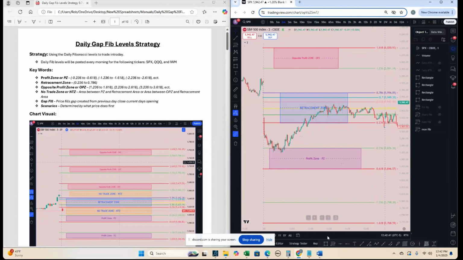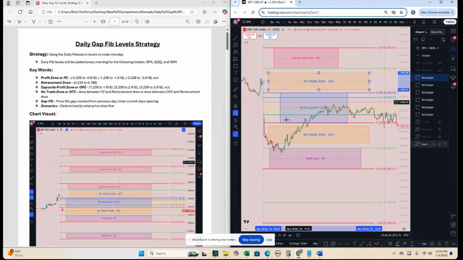Now, there's another area that I call the no trade zone. The reason why I call it the no trade zone is because you really don't have any levels in between here from an intraday aspect when you draw your levels. So in here, you can take trades if you want to, but I call it the no trade zone because you don't have any lines of support or resistance to help you tailor your risk. So if I take a trade here, and we push up, take a trade here,